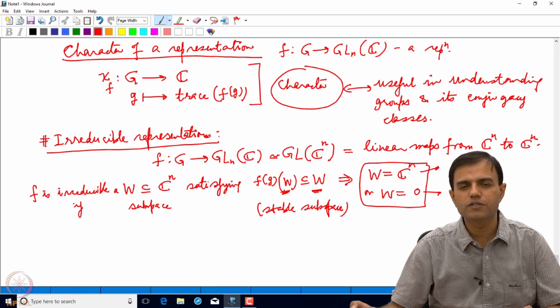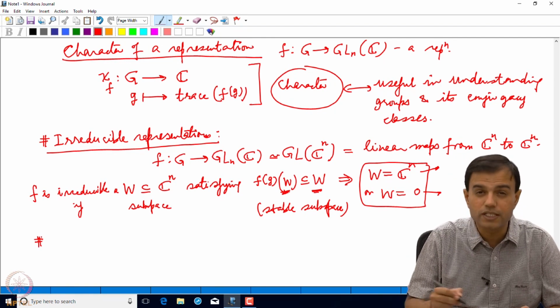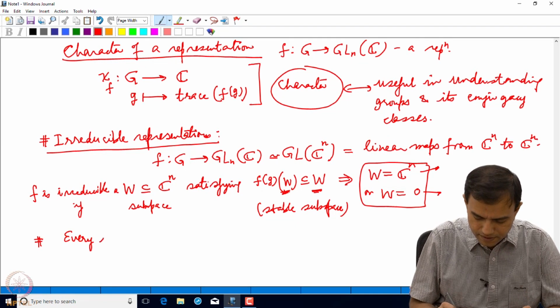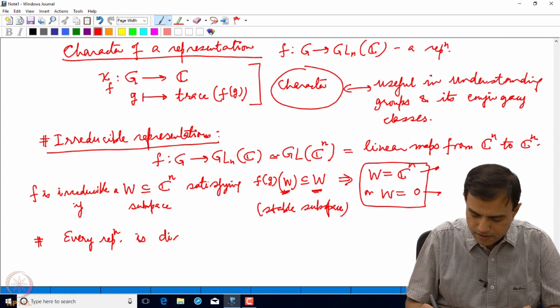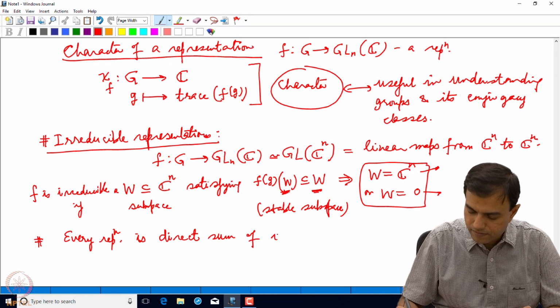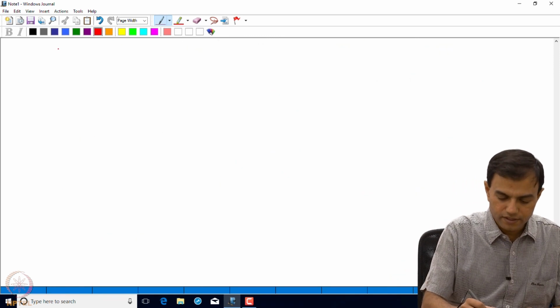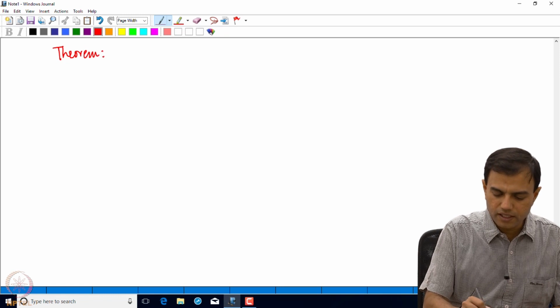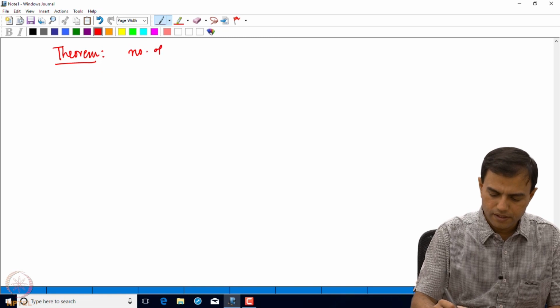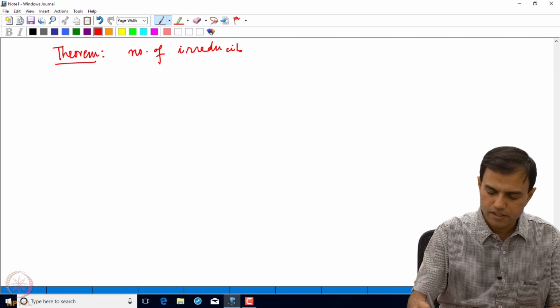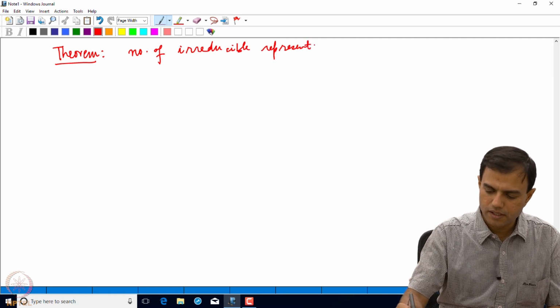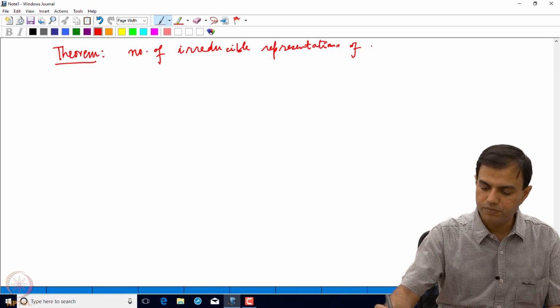Every representation is actually what is called a direct sum of irreducible representations. So I am not going to say all that in detail. Every representation is a direct sum of irreducible representations. And here is a very interesting thing. Theorem, quite interesting, which says that the number of irreducible representations of a finite group G